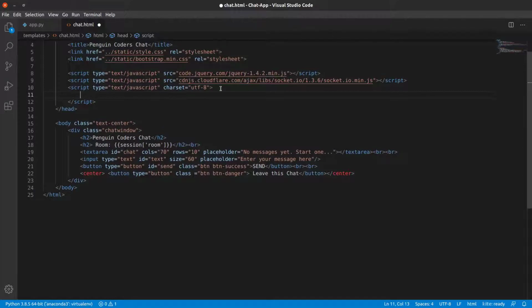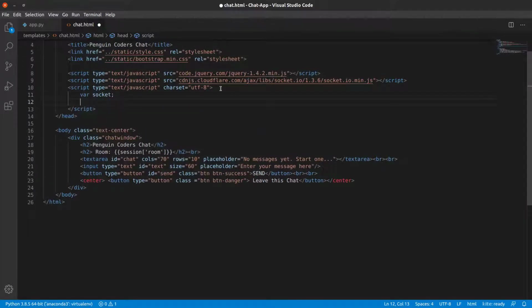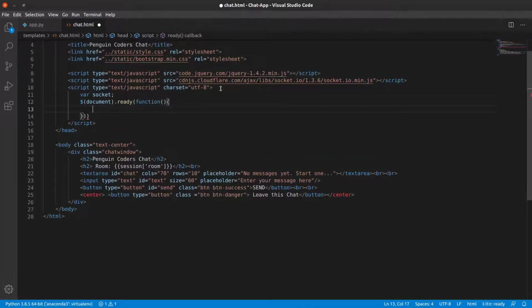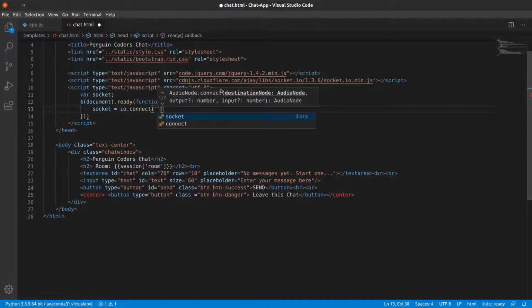So first define a socket variable. So var socket, and then after the document has been loaded we will write the function: the $(document).ready function, and the function would be socket equals io.connect, and we will connect it to http, and here we will pass the document domain,